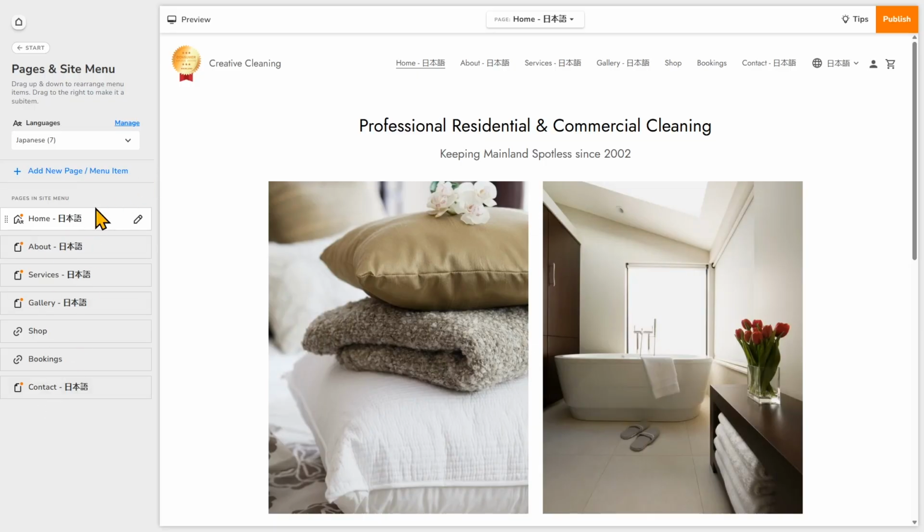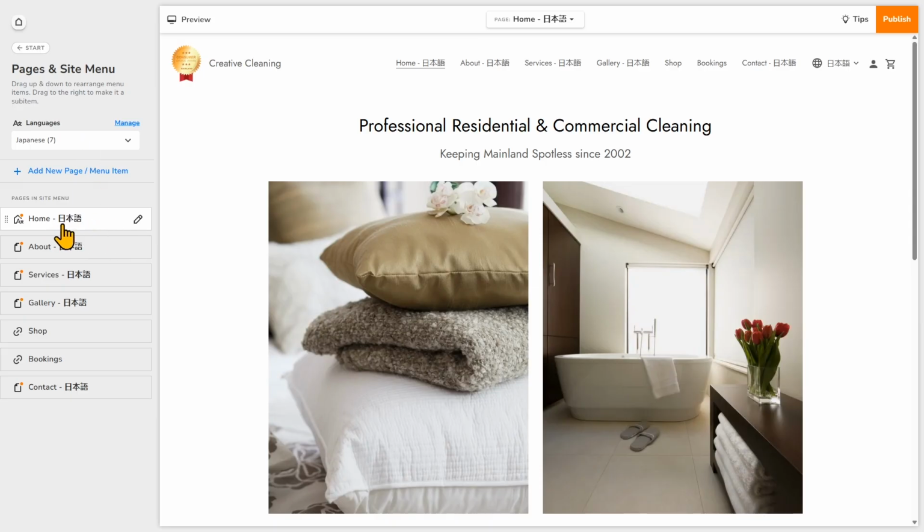So right now we're looking at the pages that we've added for this new language. First things first, we're going to edit how the page titles appear. So you'll need to rename the pages. Right now it just says the English name and then Japanese next to it, which is also making the menu too long. So with some browsers you might notice it turns the menu into a hamburger menu because all the page titles don't fit. If you want to rename the page titles, we're going to make sure we're on the new language we've added, which is Japanese.